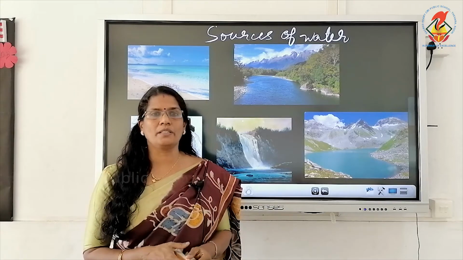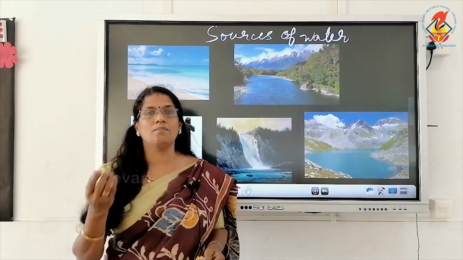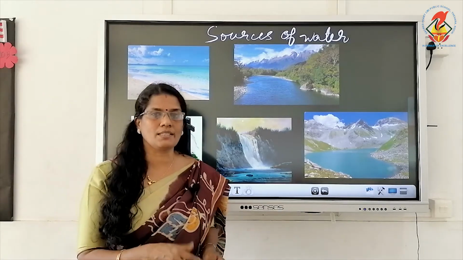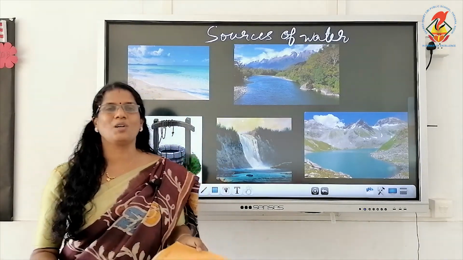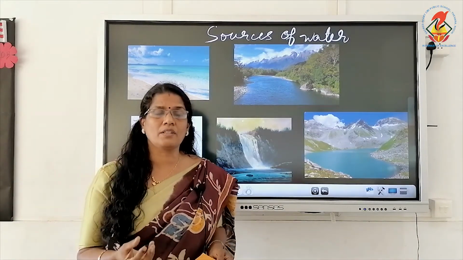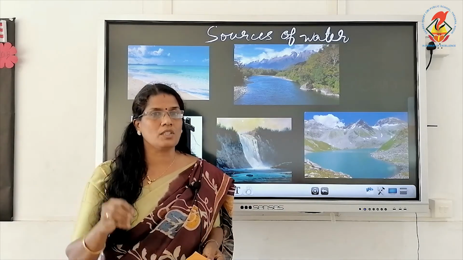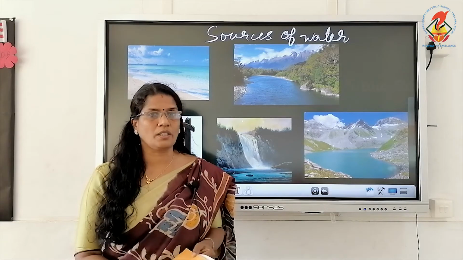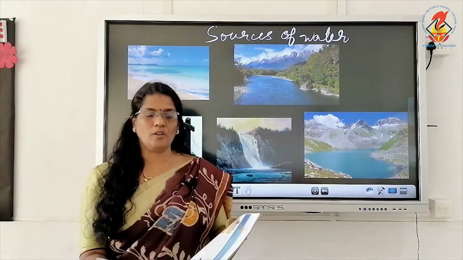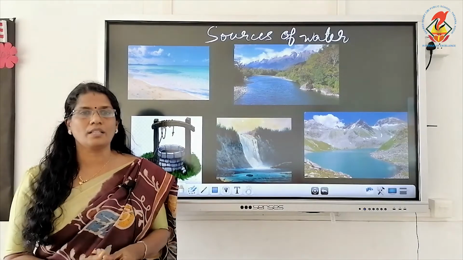Why is it salty? Because when water originates from rivers, they carry minerals and particles of rocks along with them. When the rivers join the sea, these rocky parts and minerals are deposited in the water, which then evaporates again. So the deposited rocks and minerals cause saltiness in the water. That also you have to underline. It contains a large amount of dissolved salts. Most of the salt is sodium chloride, the common table salt that you eat.